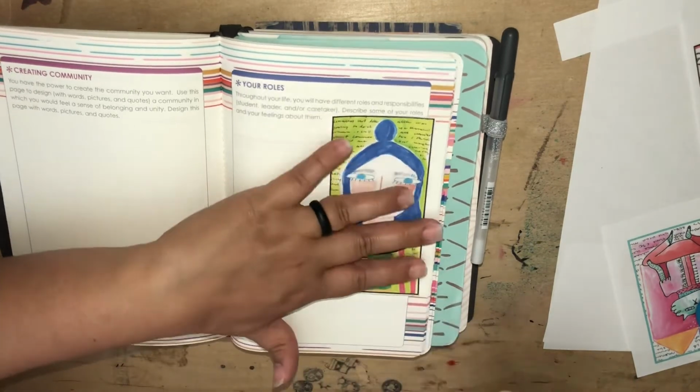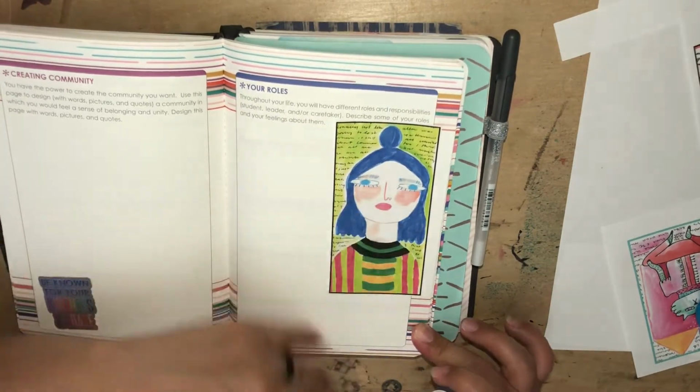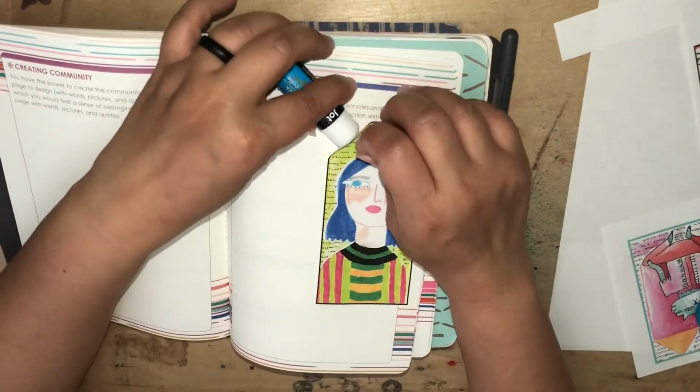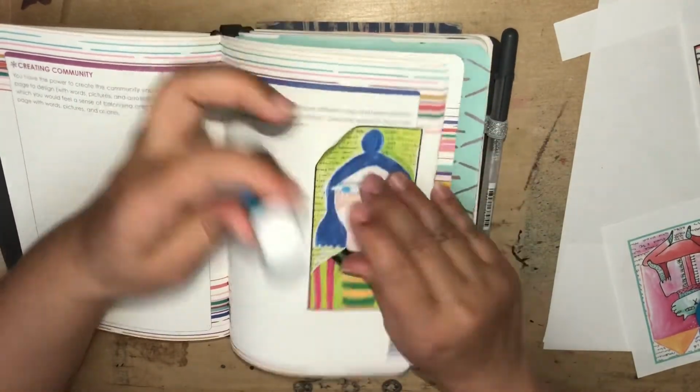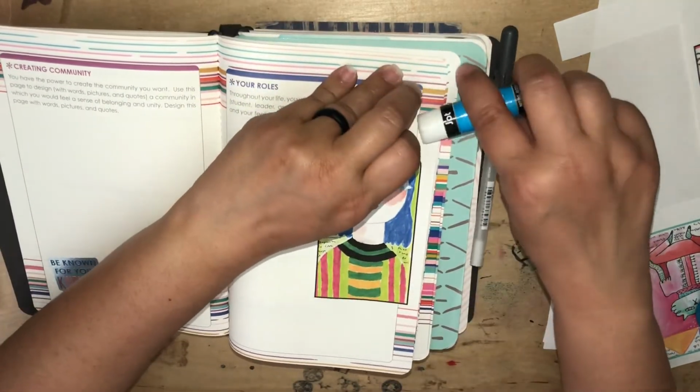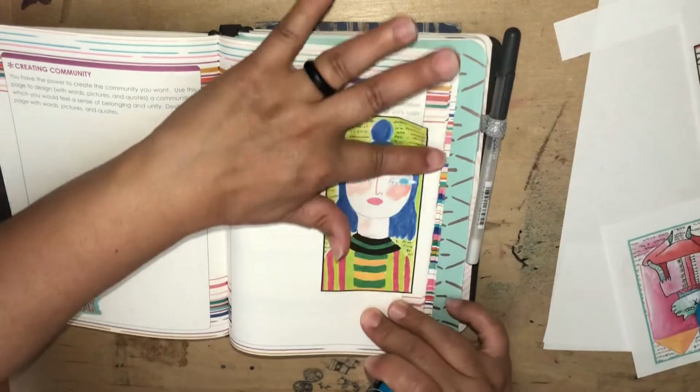Sometimes it's hard to glue the edges. Sometimes I print my printables on sticker paper, but I ran out of sticker paper, and I've actually been spending a pretty penny on sticker paper, so